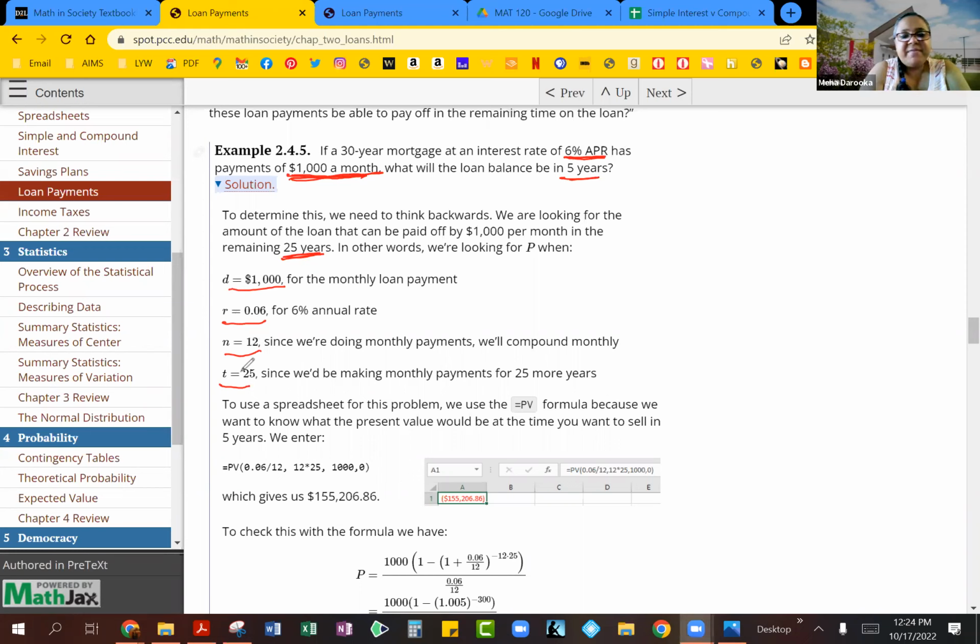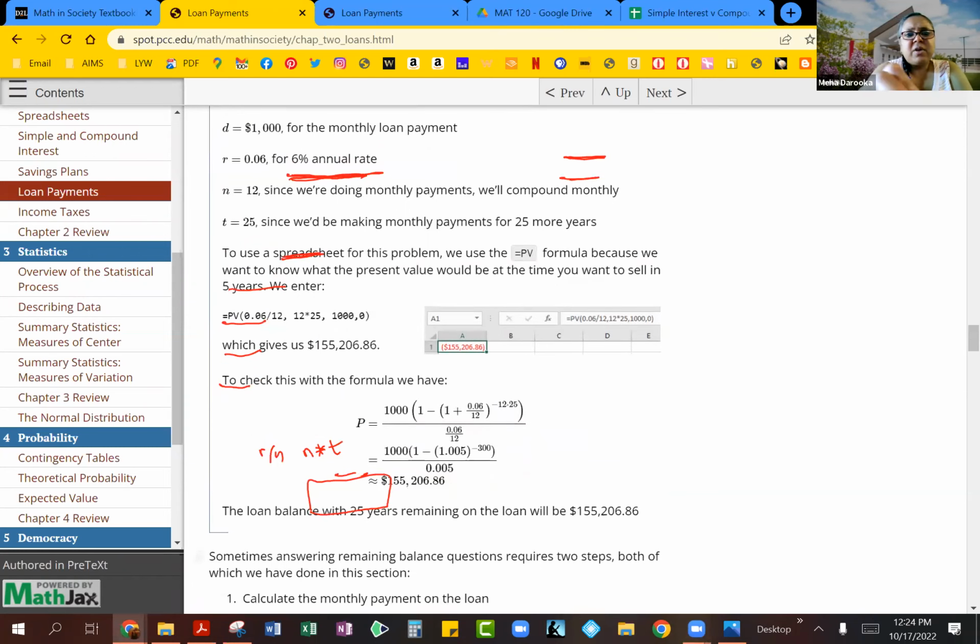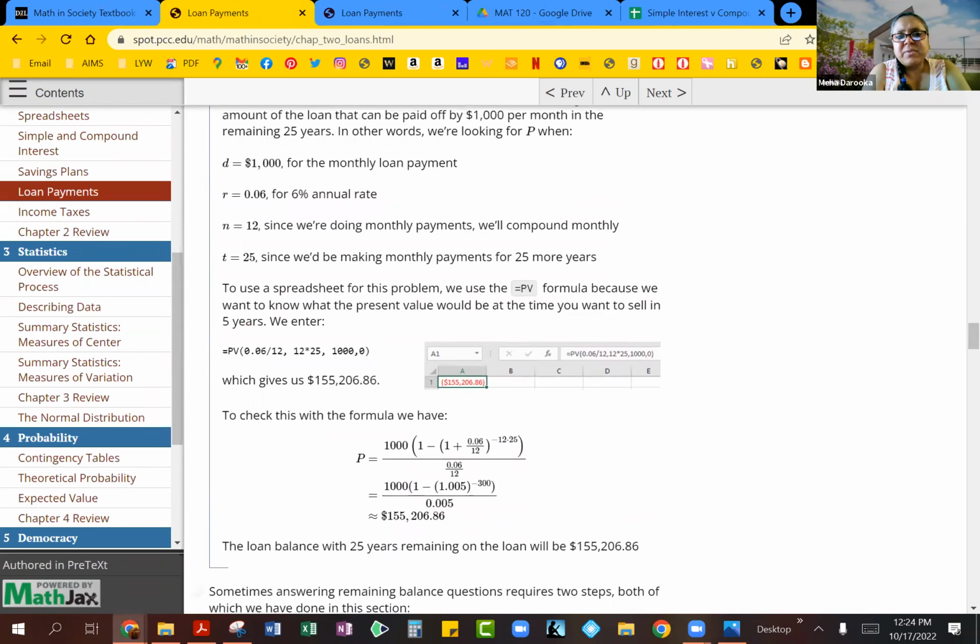So if you're using the PV formula, then of course you're still looking at R divided by N for the first argument, N times T, and in this case, 25 years, your monthly deposits, and then again, future value would be 0. So basically you can see it gives you a dollar amount of $155,206.86. If you were to use the textbook formula, obviously keeping those same numbers, N equals 12, T equals 25, R is 6%, your deposit of 1,000, and of course you will see basically you've paid the monthly payments for